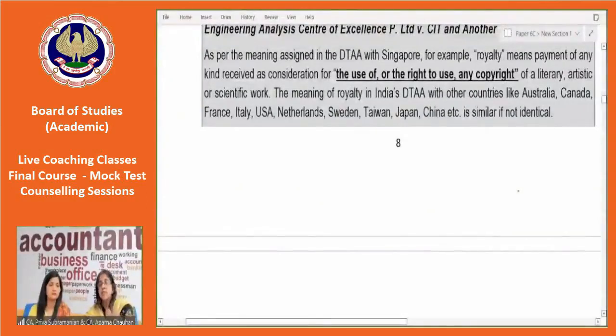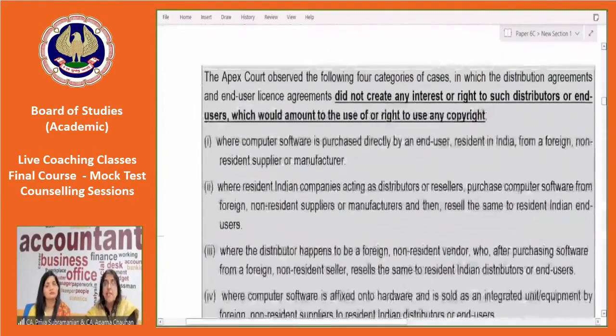They see DTAs with Singapore, Australia, Canada, many countries. They simply have the use of a right to use any copyright of literary, artistic, or scientific work. It doesn't further add that it includes computer software. In such a case, the Apex Court, the Supreme Court, decided that suppose a computer software